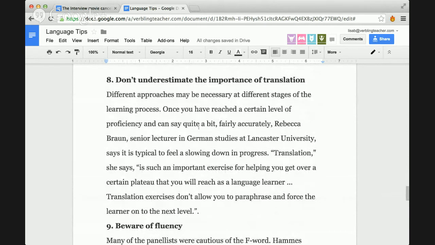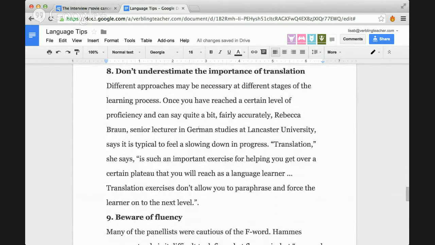Number 8, don't underestimate the importance of translation. Different approaches may be necessary at different stages of the learning process. Once you have reached a certain level of proficiency and can say quite a bit fairly accurately, Rebecca Braun, senior lecturer in German studies at Lancaster University, says it is typical to feel a slowing down in progress. Translation, she says, is such an important exercise for helping you get over a certain